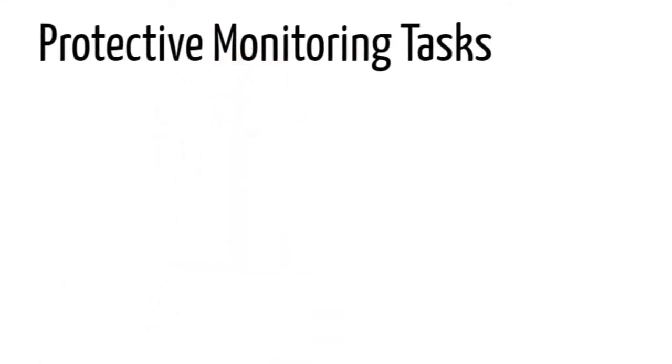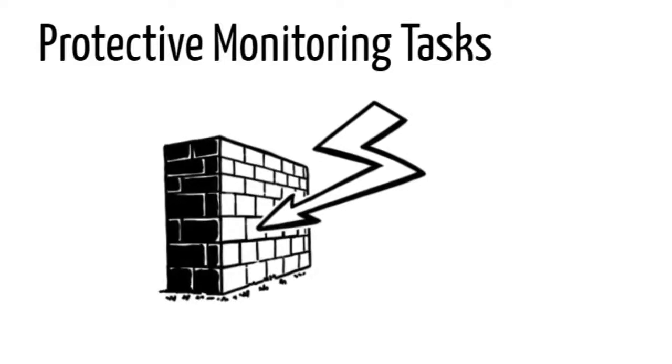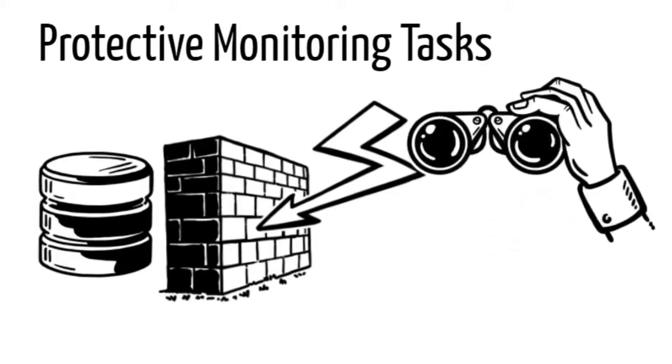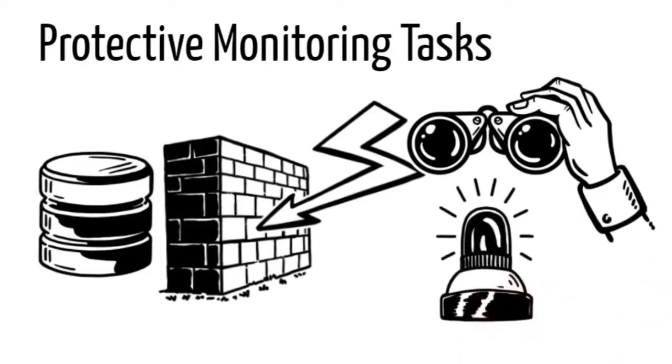Let's discuss protective monitoring tasks. The first task is to ensure that all relevant log data is recorded securely, and in such a way that an attacker cannot change or delete the information, in order to cover their tracks from investigators and auditors. The second task is to look for patterns of behavior that indicate some kind of attack. This can be hardware or software based, and can provide automated alerts for any forms of attacks.